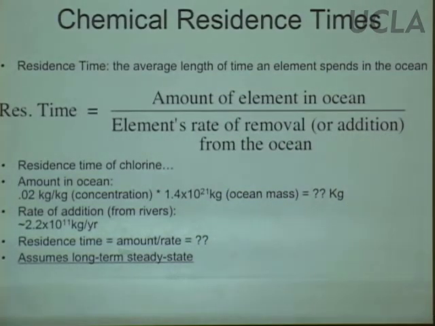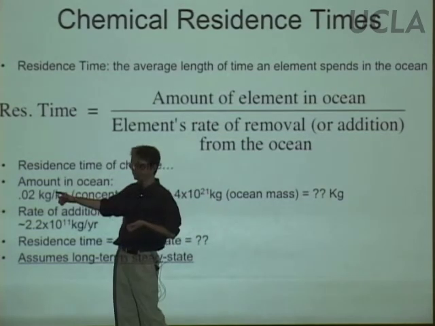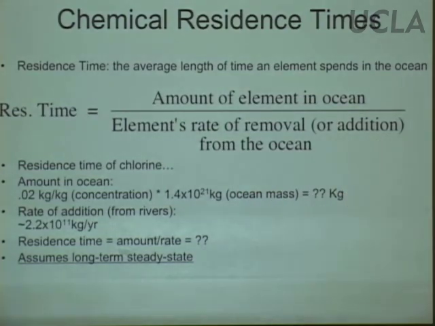So how do we do that? We multiply the coefficients. So what's 2 times 1.4? 2.8, or about 3. And then we add the exponents. So we have 10 to the minus 2 and 10 to the 21st. So we end up with 3 times 10 to the 21 minus 2, 3 times 10 to the 19. Yes. So we end up with a reservoir of 3 times 10 to the 19 kilograms of chlorine in the